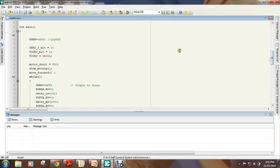In the main function, at first we initialize timer 0 and give it a start with a frequency of 8 MHz, and then the motor is turned forward. In the while loop,